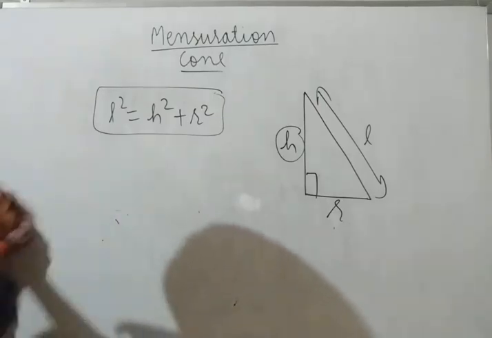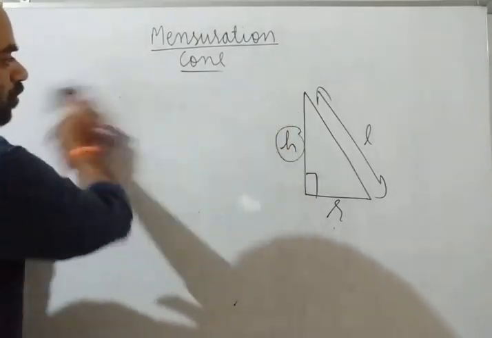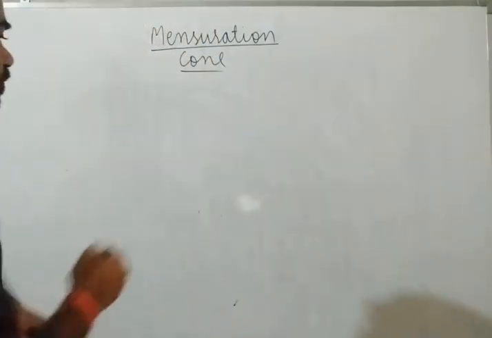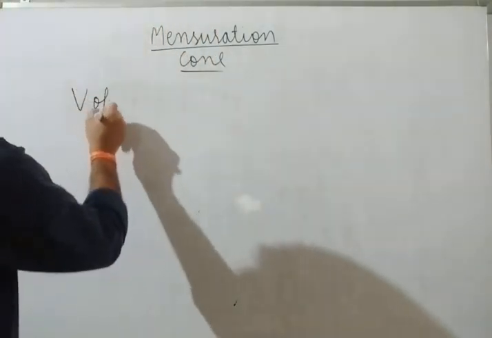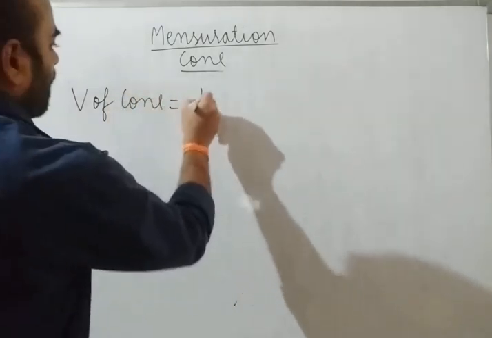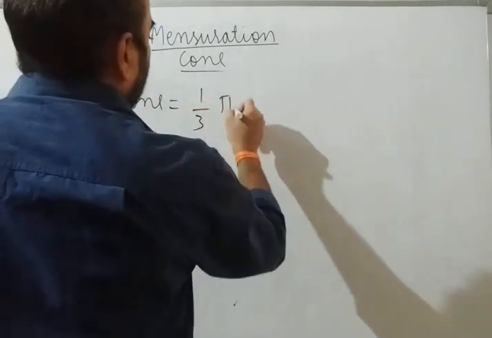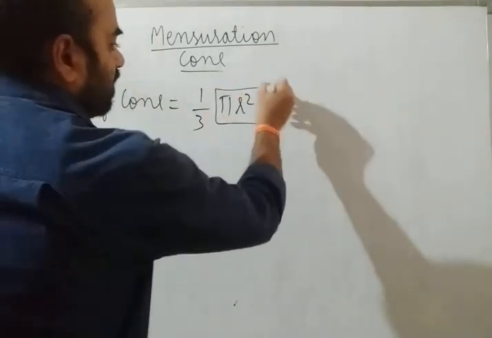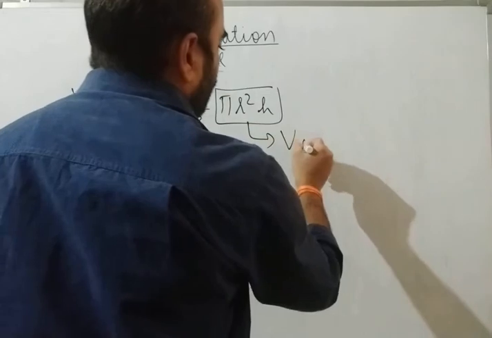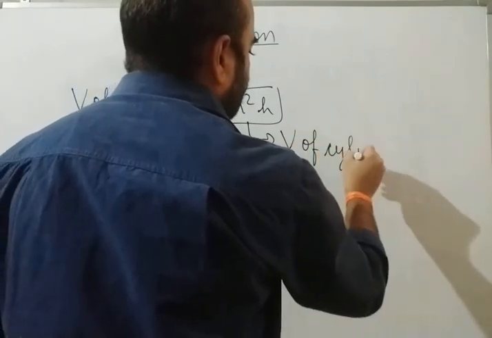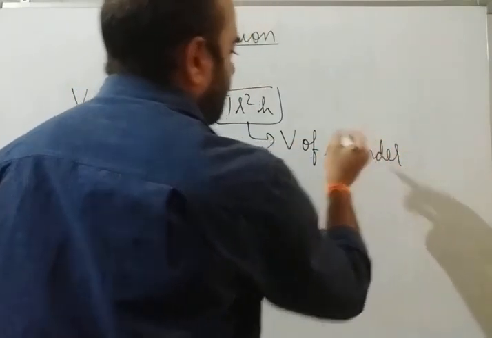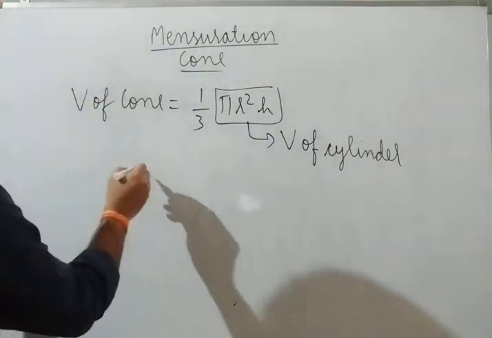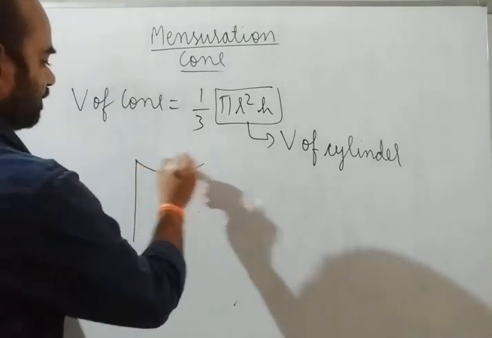Now we have to calculate volume. For volume, very easy. Volume of cone is 1/3 pi r square h. See, we have seen this quantity. Pi r square h is volume of cylinder. Correct? It means if we take two containers,